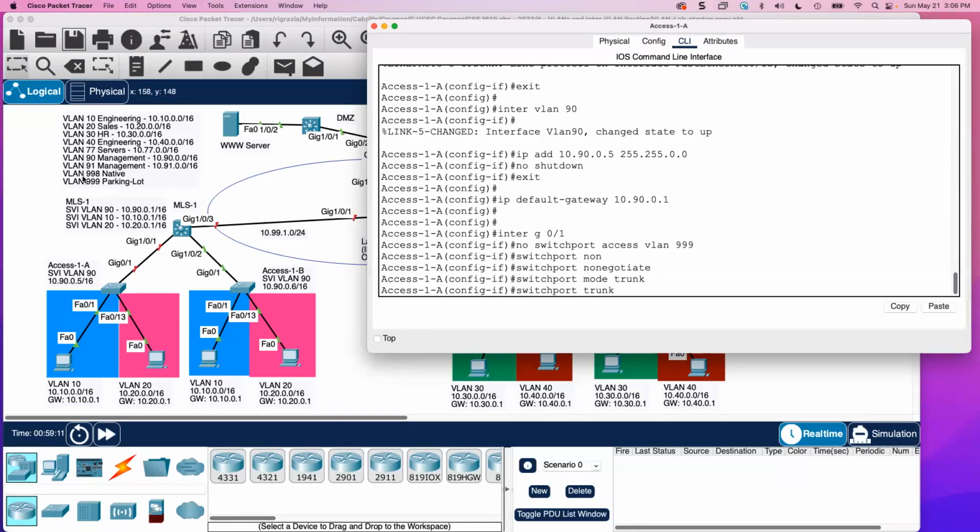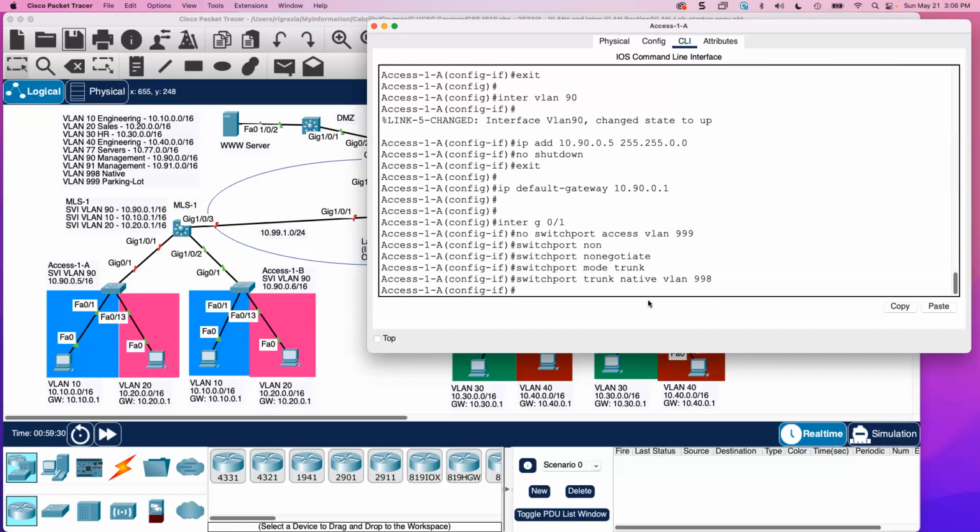Remember our native VLAN here? It's an unused VLAN. This is just for legacy untagged frames. Switchport trunk native, how do you spell native? Native VLAN 998. Okay, I'm also going to say switchport trunk